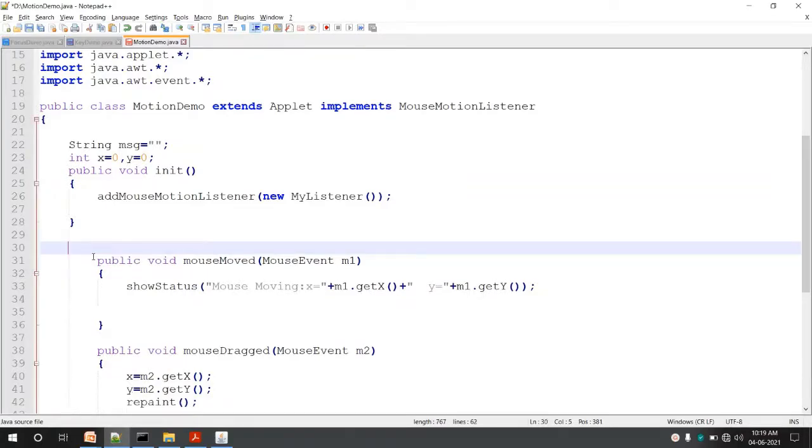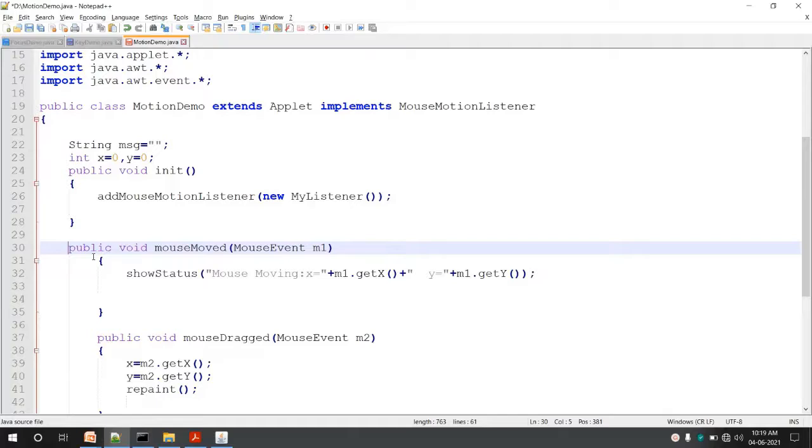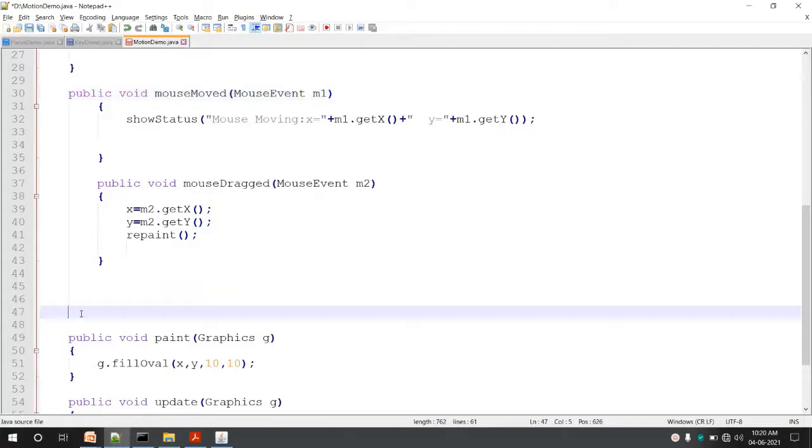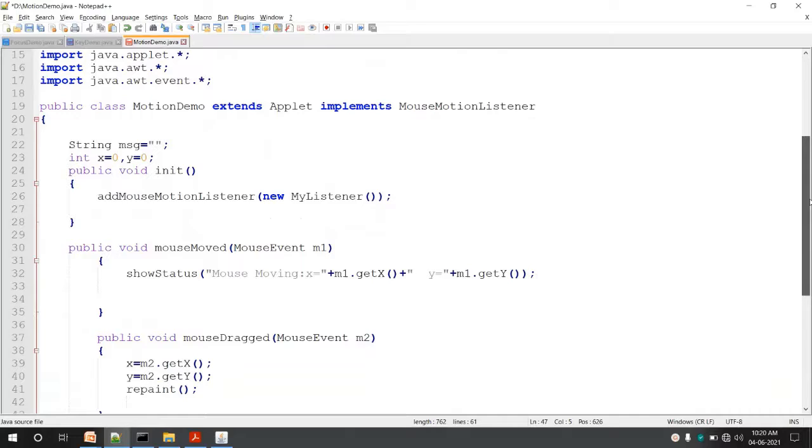If you don't want to create a separate class to handle events, then you can do it like this. No need to have a separate class. So we have only one class, MotionDemo, extending Applet and implementing MouseMotionListener, and this class also behaves like a listener now. So this class will handle the events.